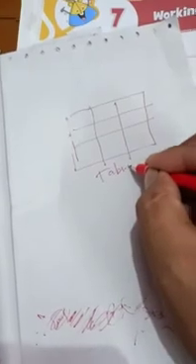If I show you, this is a tabular form, in which you can make a file, make records in the form of rows and columns, in which we can store the record. These are called rows and these are called columns. The horizontal lines are called rows, and these vertical lines are called columns.